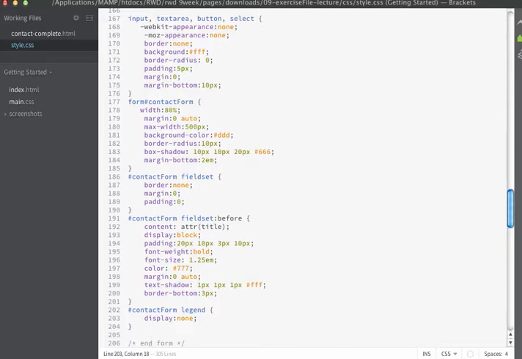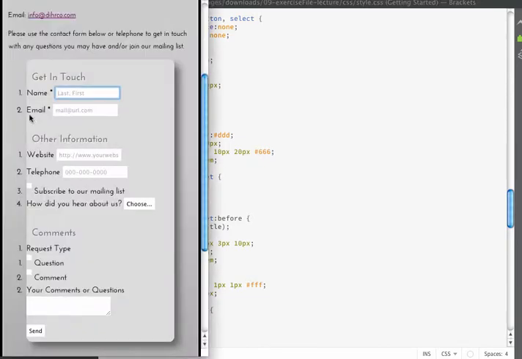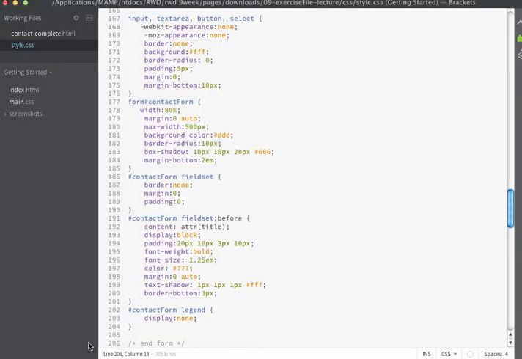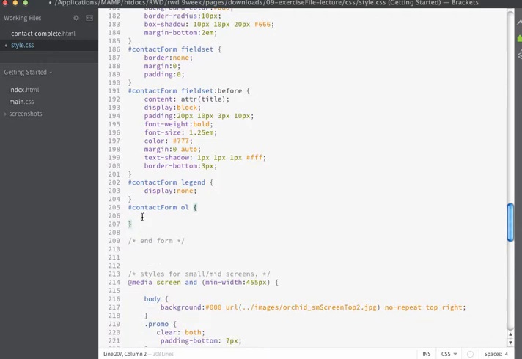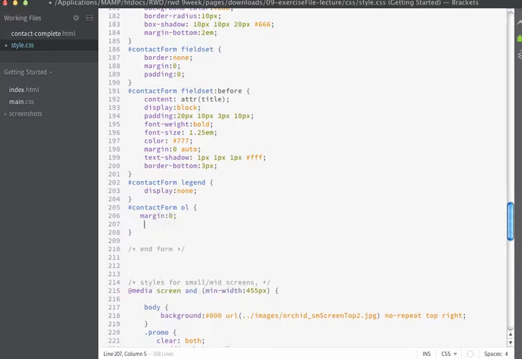The next part of our CSS styling is we're going to create some styles for the ordered list. We want to remove the bullets and then adjust some of the formatting on these elements. So I'm going to make a rule for my contact form OL, and of course I want to be more specific here because if I'm using an ordered list elsewhere on my page, I don't want these styles to conflict with other ordered lists. The first thing I'm going to do is just zero out the padding and margin settings